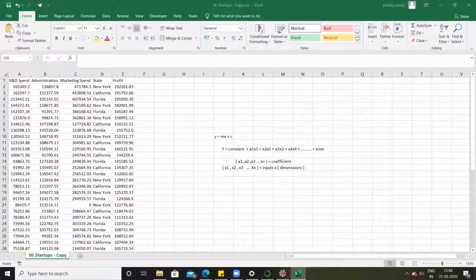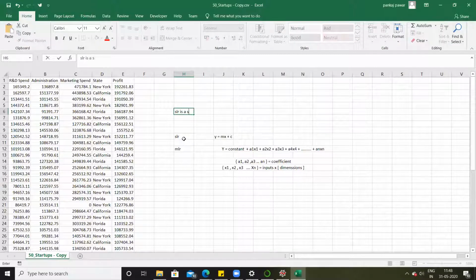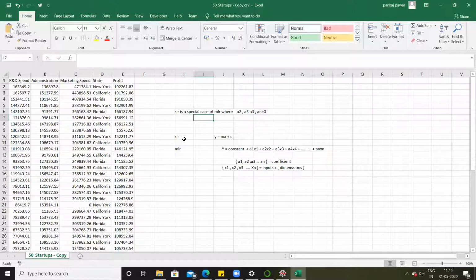Perfect. So now if I observe these two equations carefully, the equation of simple linear regression and the equation of multiple linear regression, I can say that simple linear regression is a special case of multiple linear regression, where a2, a3, a4 and so on till an are 0.